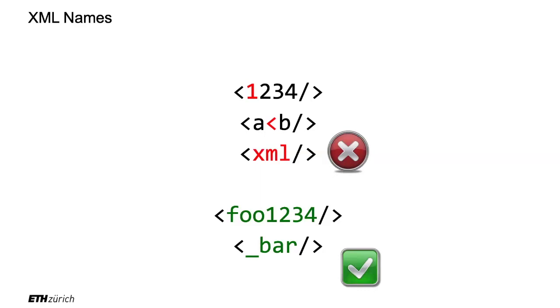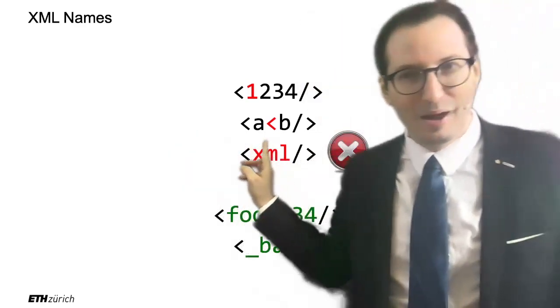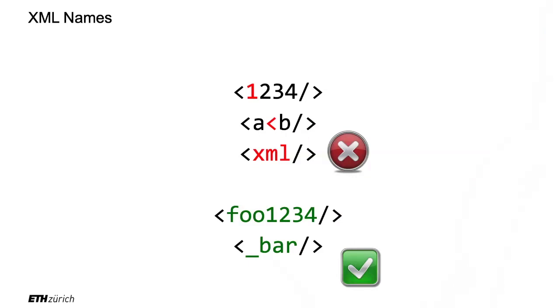Now, why did I put this XML on the side of the disallowed things here? Right? Because XML is 3 letters, right? So why can you not call your element XML? Well, it's technically not that it's forbidden. It's more that it's forbidden to you. The only people on the planet who are allowed to create element names that start with XML are the people who work in the W3C consortium, who defines the standards for the web and so on. So this is reserved to themselves. So it doesn't matter if it's uppercase, lowercase, a combination thereof, you are not allowed to create element tags that